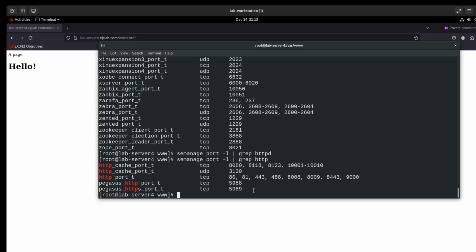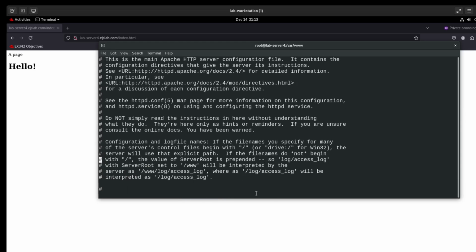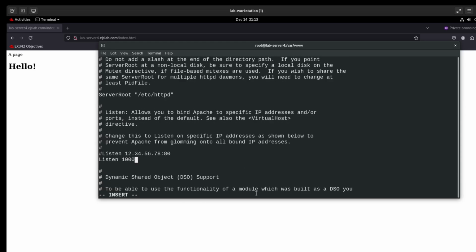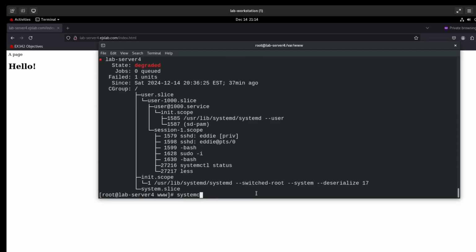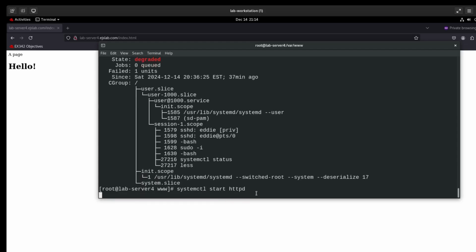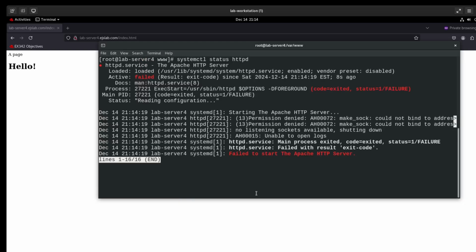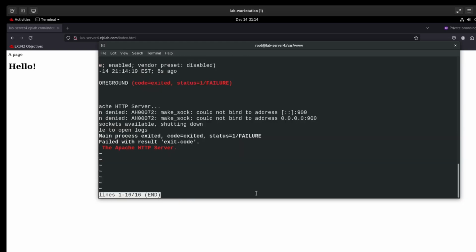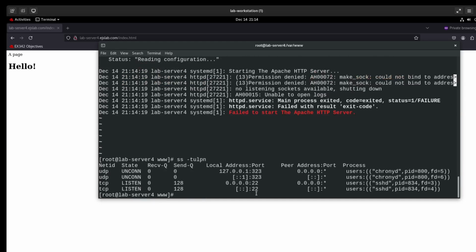So what I'm going to do is set Apache, let's see how well I do here, to run on port 1000. Actually, we'll do port 900. Failed. Let's see if it will. systemctl status httpd. No, not start. What am I doing? Yeah, and see, this is complaining that it can't bind to that address, and there's nothing else that's listening on it, but